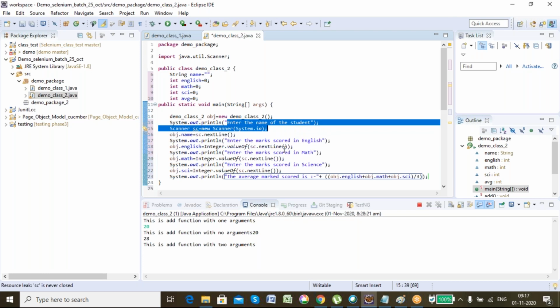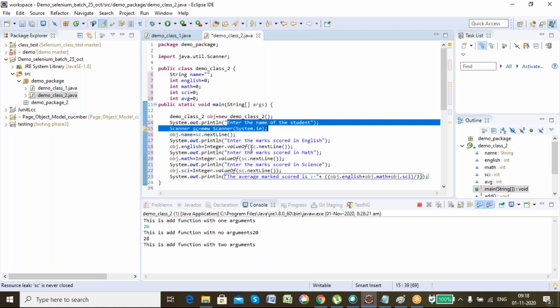But having this print statement gives us a reference, assisting us in knowing for which data member we are entering the value. Okay, second, I wanted to take the input for the marks of English. Now, the marks of English should be int. It should not be string because marks cannot be string.